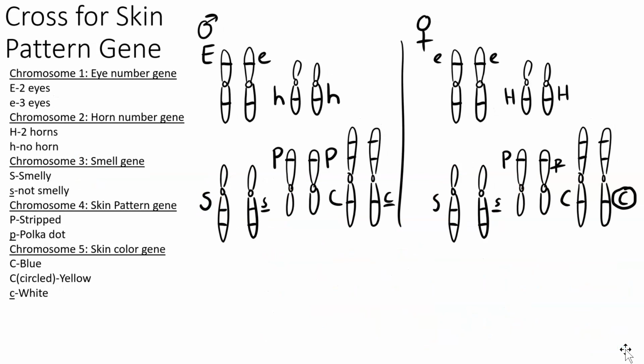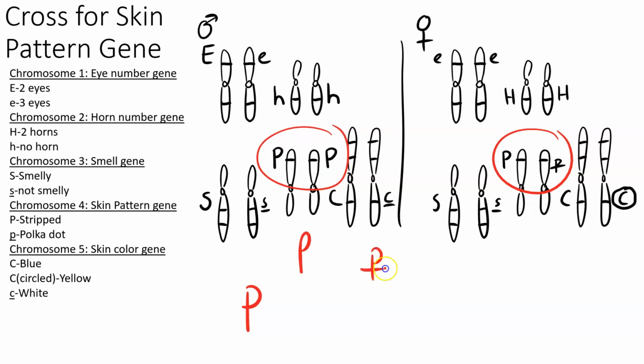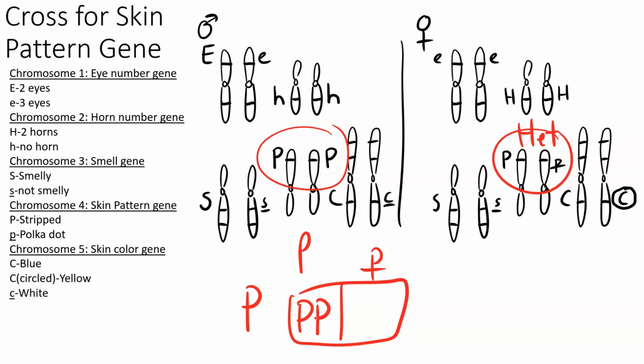Moving on to the skin pattern gene. So again, just following the genotypes. Here you'd have a male that gives 100% capital, that is to say dominant P allele to their offspring, whereas the mother in this case, it's 50-50 what she gives her offspring because she's heterozygous here. So that is to say 50% will be homozygous dominant, 50% will be heterozygous. But if you look at the gene tracker over here, if you have one capital P dominant